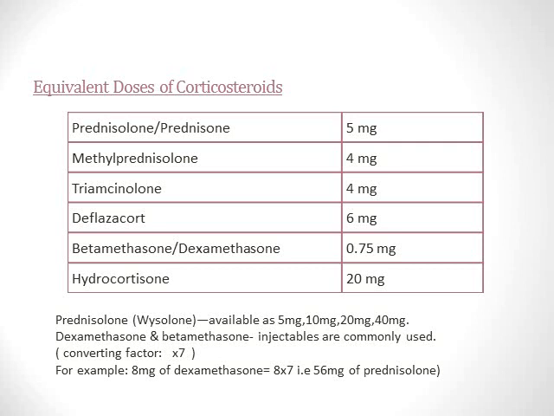So we can make out from this chart that dexamethasone and betamethasone are a bit stronger variants, with just 0.75 milligram of betamethasone or dexamethasone, we get the equivalent of 5 milligram of prednisolone. You should remember this dosing so that you can decide what steroid to use at what dosage, because most of the time what we discuss is in terms of prednisolone. Most of the time we say about 1 milligram per kg of prednisolone, but if you have an option to use another steroid, you can always use this chart to calculate the appropriate dose.